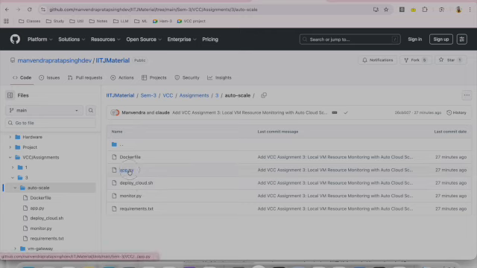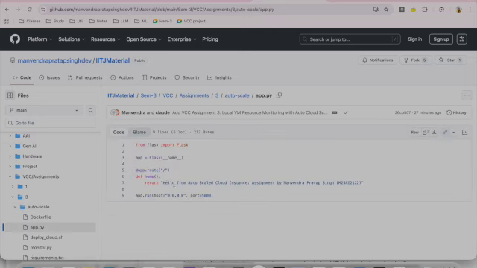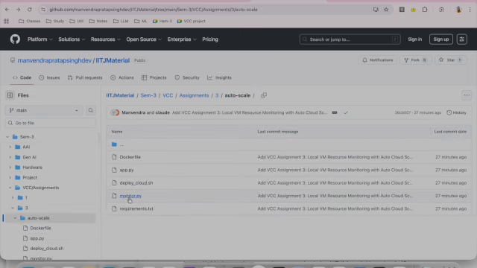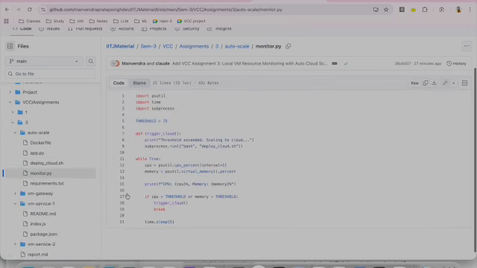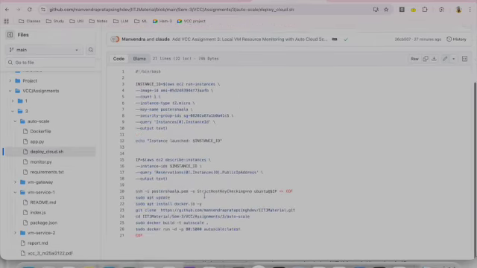This is about a file that is executed the first time. This is our monitoring script that monitors the usage of the CPU and the memory. It also prints that usage. You can see that it's printed, and it also triggers when the CPU reaches the threshold that we have taken, 75. If CPU or memory, either one, reaches the threshold, it will trigger the cloud,